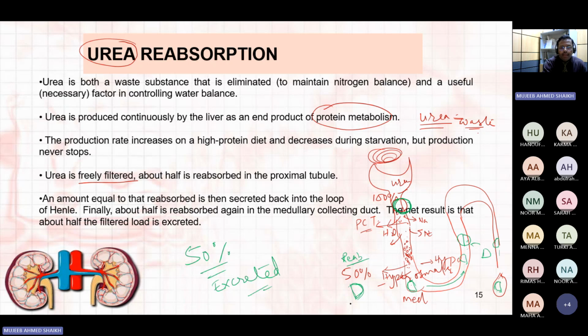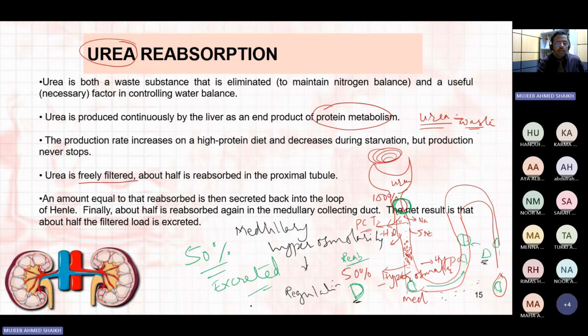Because urea is helping here. This urea is helping in making the medullary hyperosmolarity. Because of these solutes, this area will become hyperosmolar, which is used for regulation of water reabsorption, the concentrating and diluting mechanism of the urine, concentrating the urine in